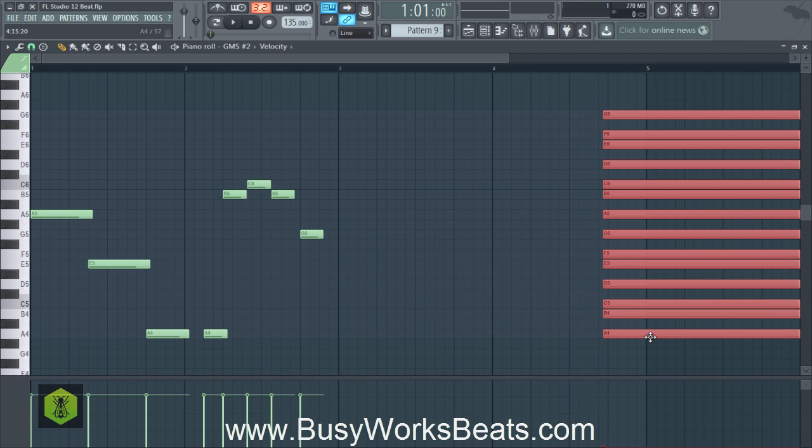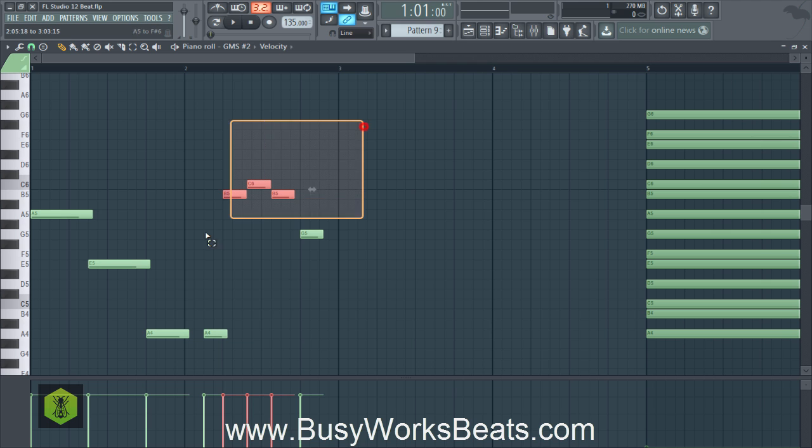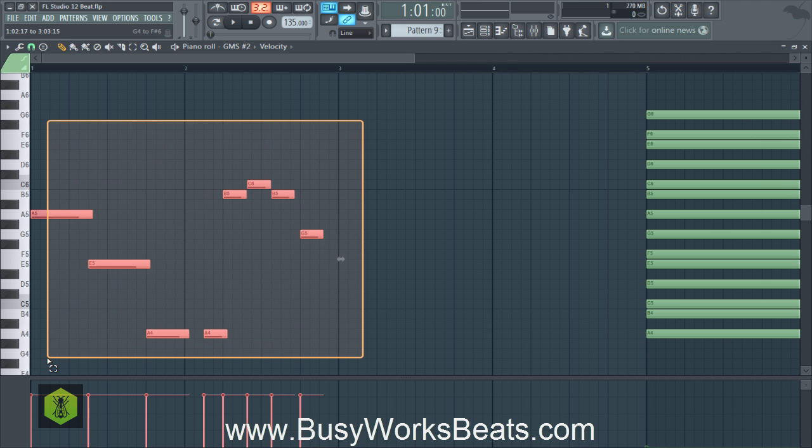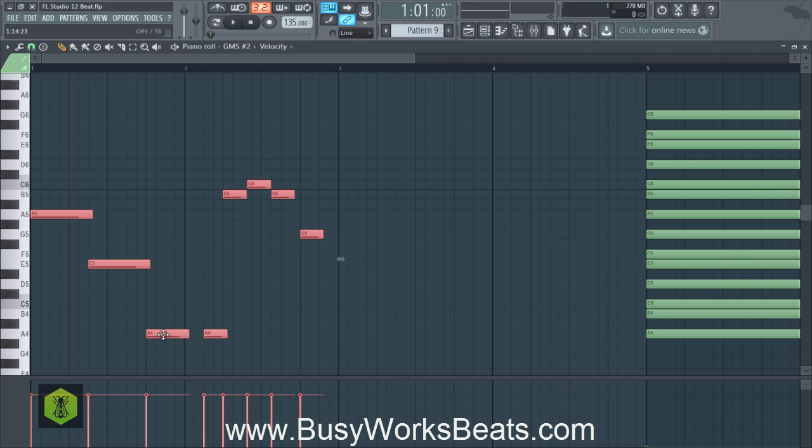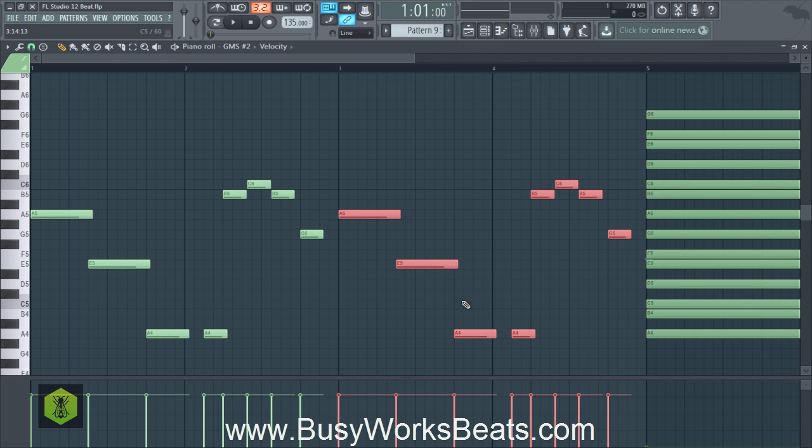So we're going to drag that over, and we're going to create another 2-bar section here. So we're going to left click, we're going to hit Control, left click and drag, and then hit Shift and then left click and copy this over. Okay, and now it's going to create a duplicate of what we had over here.